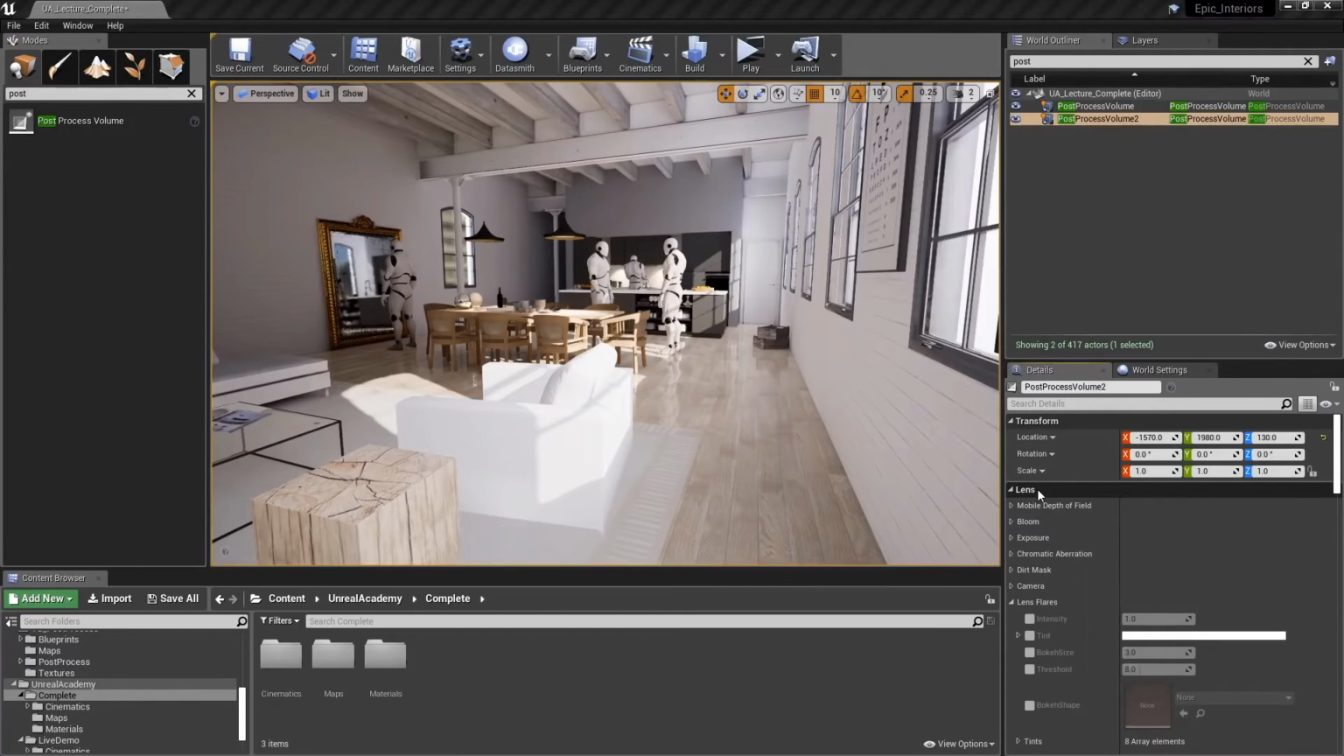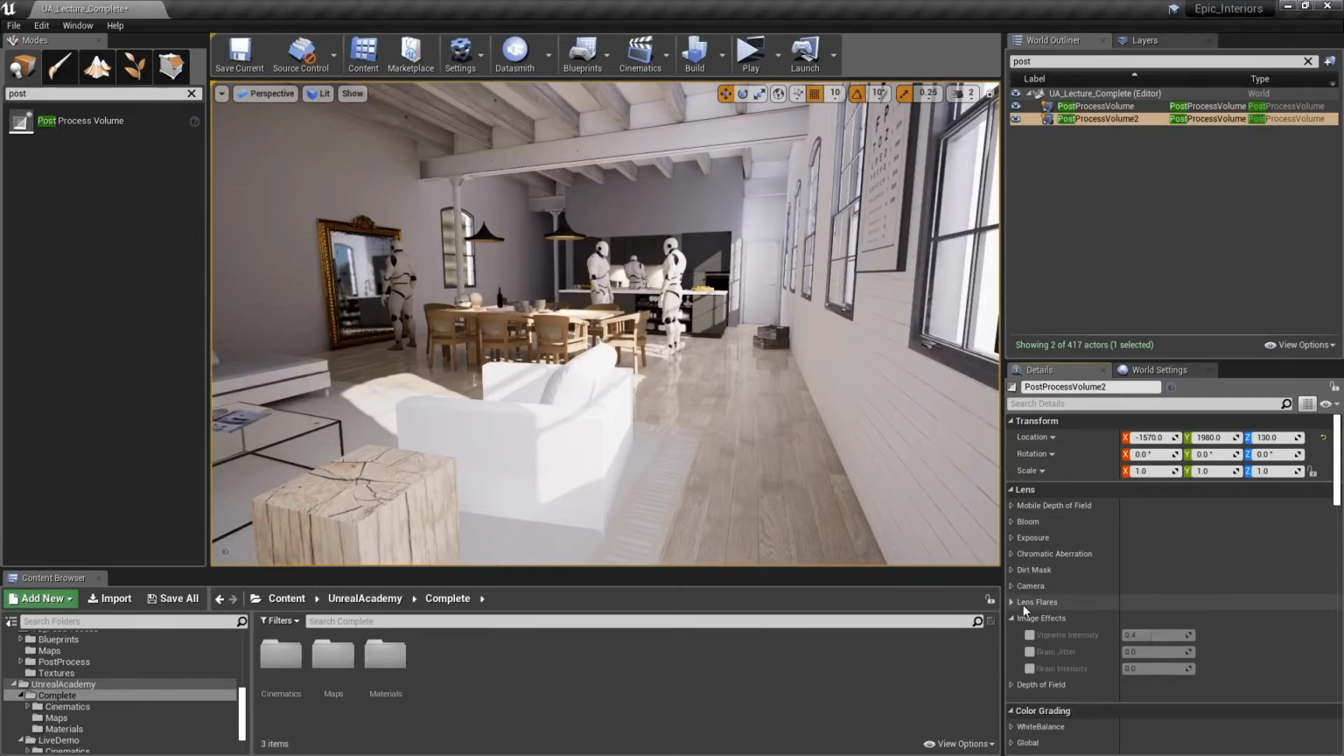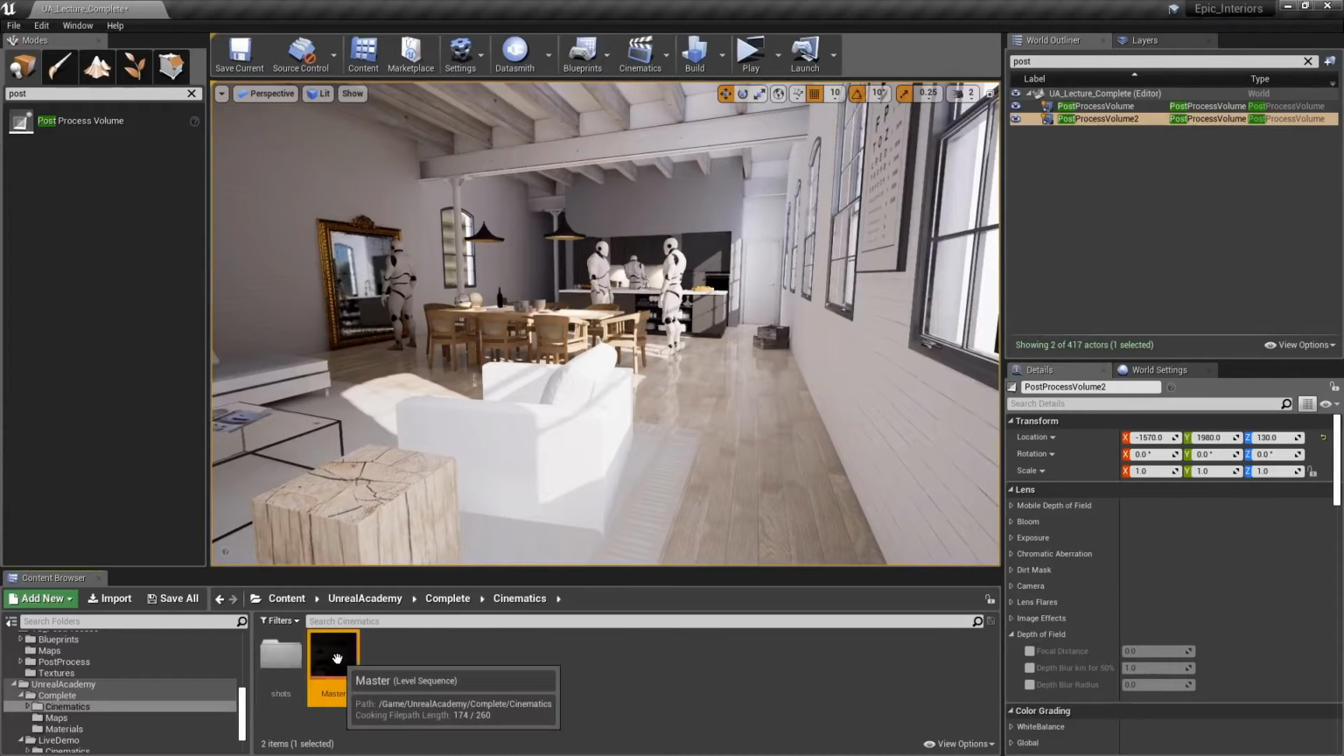Or lens effects. Inside of here you can see that we have mobile depth of field for mobile devices, bloom, exposure controls, chromatic aberration, dirt mask, camera controls, lens flares, image effects, and finally depth of field. We're not going to be using depth of field today, but instead it's best to control your depth of field with your cameras. So if I go to my cinematic,